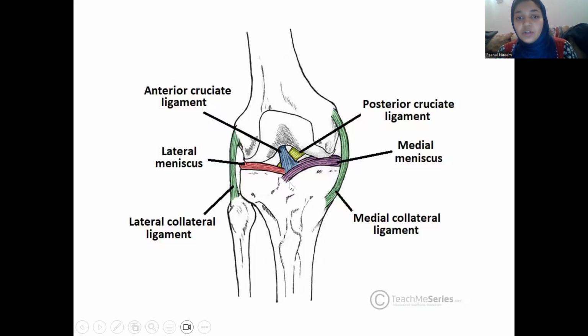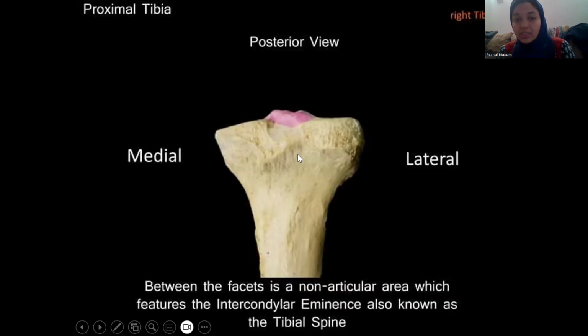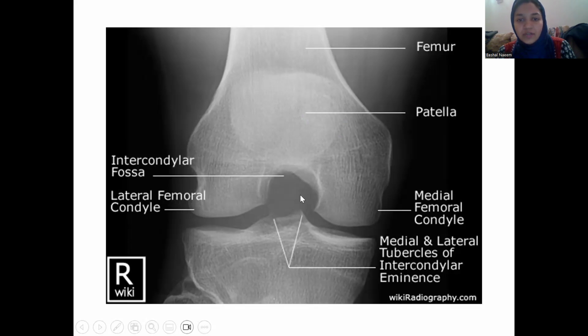Now we have two ligaments also attached here. Can you see that there's an anterior cruciate ligament and there's a posterior cruciate ligament? So those grooves that I just showed you also offer attachment to these two ligaments, the anterior cruciate ligaments and the posterior cruciate ligaments. So this is that area that I was talking about, right? So can you also appreciate that here, this is the intercondylar fossa of the femur, and this is the intercondylar eminence of the tibia. So this is the tibia, this heavily shaded white area is the patella, and then we have the tibia, right? And then we have the lateral femoral condyle, the medial femoral condyle, and we have the medial condyle of tibia and the lateral condyle of tibia.